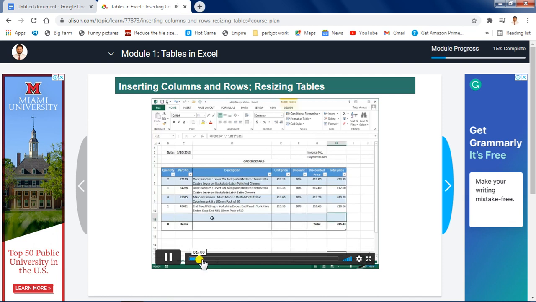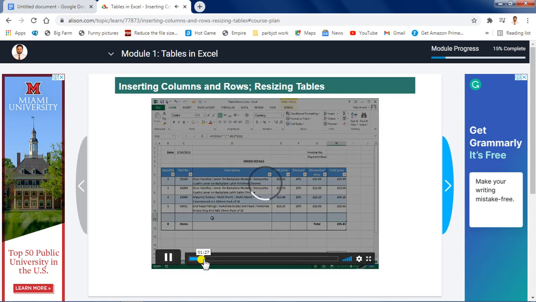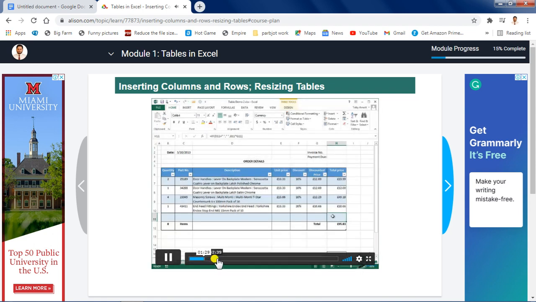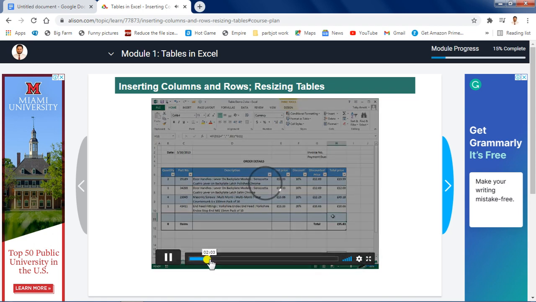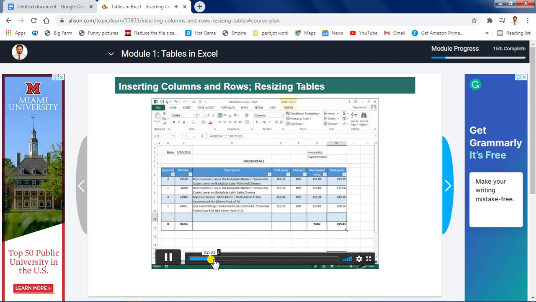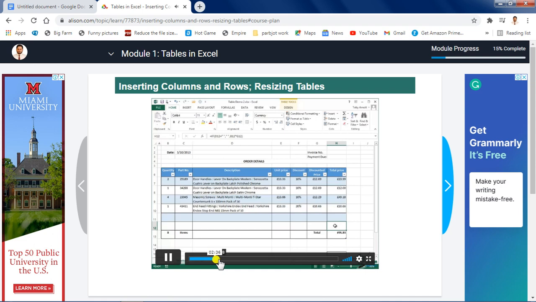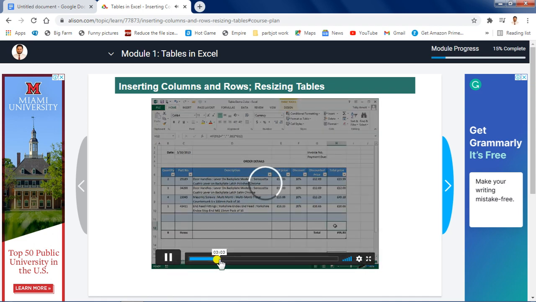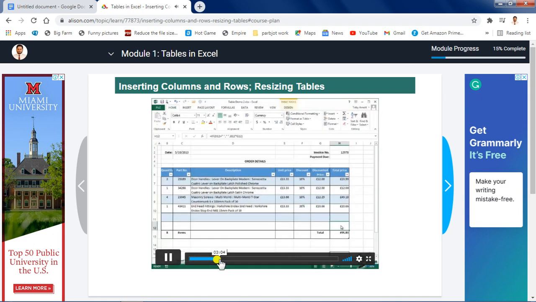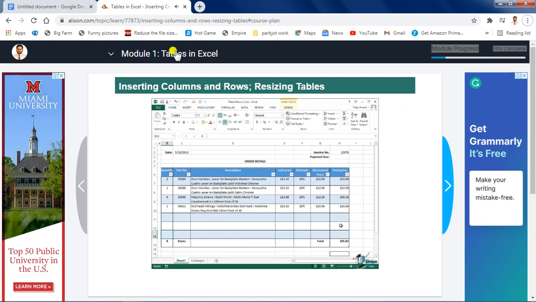Remember, in most of it, one of the simplest ways of doing it is to use the tab key. Watch what happens. So press the tab key and what I get is a new blank row. If you've used tables in Excel, that's one of the simplest ways of getting a new